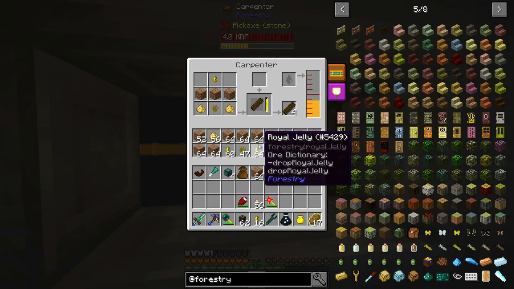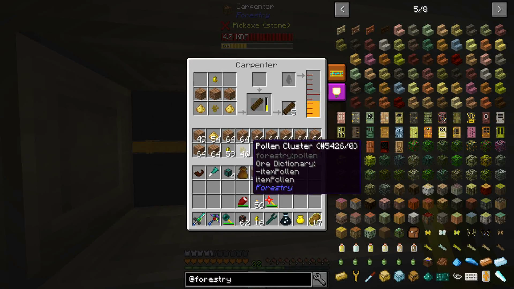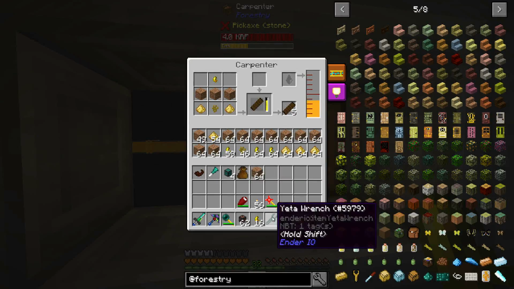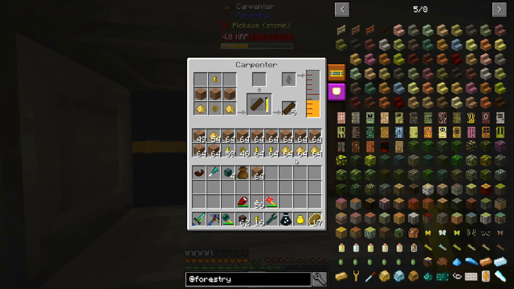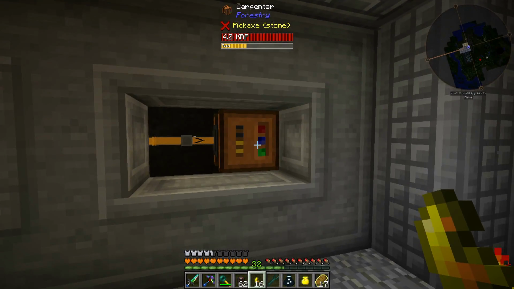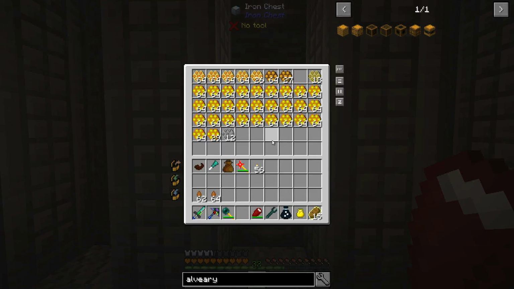So I'm going to let this work here and produce as many of these scented panelings as we can. Of course, our pollen clusters are going to be our limiting factor there. So I'm going to let it carry on, and then we'll come back and take a look at making some of these alveary blocks. So guys, this is the next day, and after roughly about 24 hours of time for these farms to run,